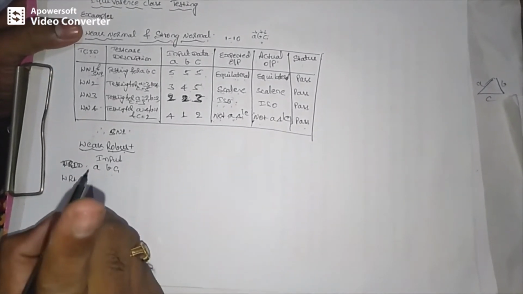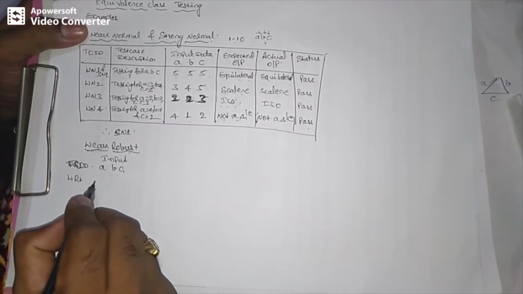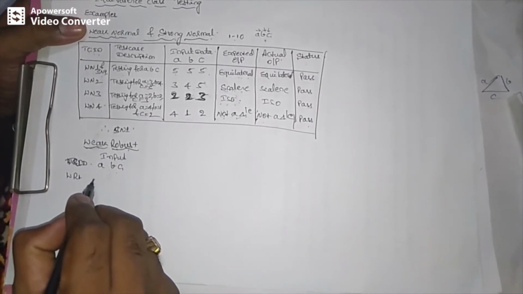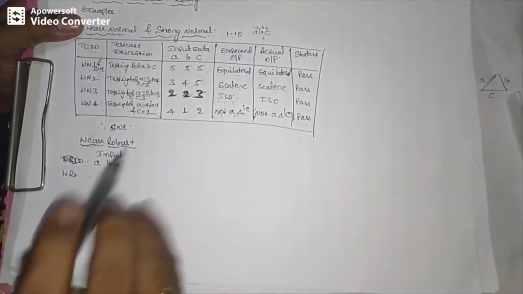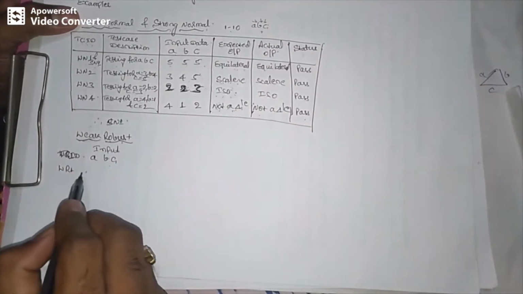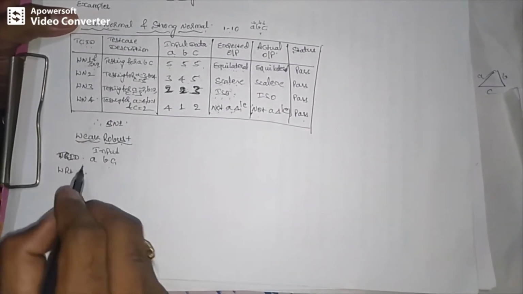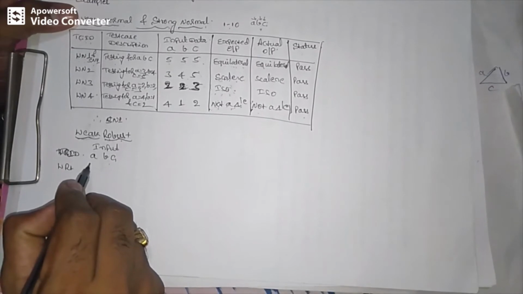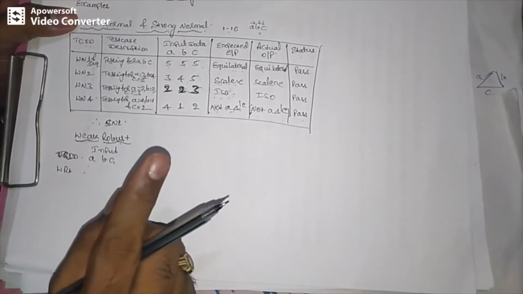I told you single fault assumption. The meaning of single fault assumption is that one input variable we have to make an invalid input, and the other inputs should be a nominal value. I will repeat. Single fault assumption under the weak robust is nothing but one input value should be invalid and the other inputs should be a nominal value.